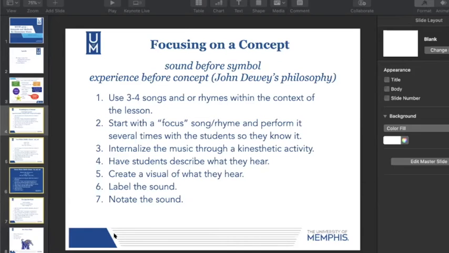Apply notation. I'm labeling the sound, and then I would show them what a rest looks like. So these are all these steps that you go through before you even notate the sound. Okay? So I wanted to give you that kind of conceptual overview of how we teach in elementary music,